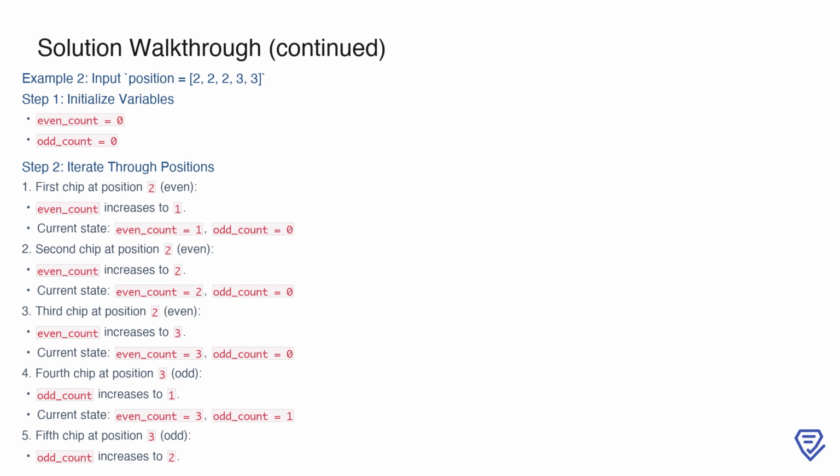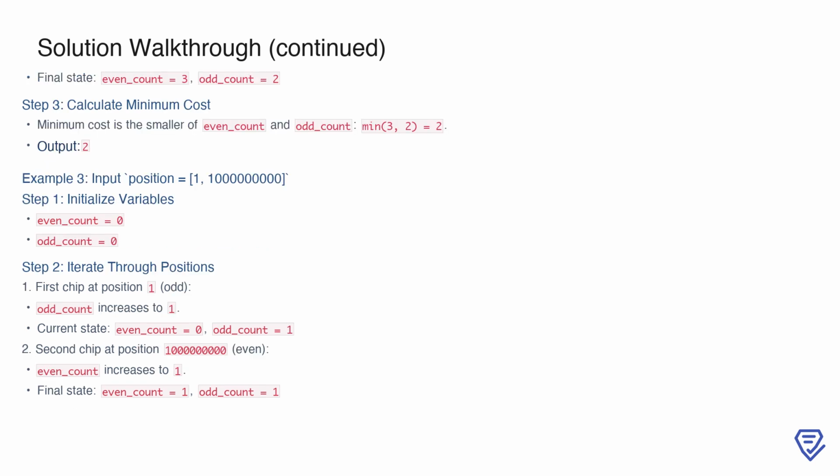Similarly, the third chip is at position 2, so even_count becomes 3. The next chip at position 3 is odd, so we increment odd_count to 1. Finally, the fifth chip is also at position 3, bringing odd_count to 2. At the end of this iteration, the final state is even_count = 3 and